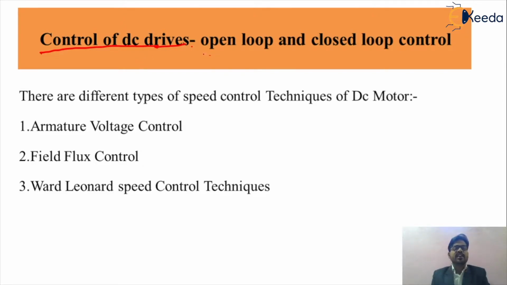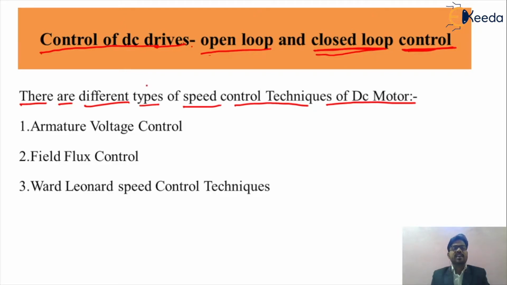Basically, there are two techniques for the controlling of the DC drive. The first technique is called open loop control, and the second one is closed loop control. These are basically in concern with the control system technique of your DC motor. But as we know, the DC motor works on the basic fundamental laws of Faraday. According to the construction of your DC motor, it has two different parts: the armature and the field. According to that, there are different speed control methods of your DC motor, so we can control the speed of your DC motor by means of different techniques.